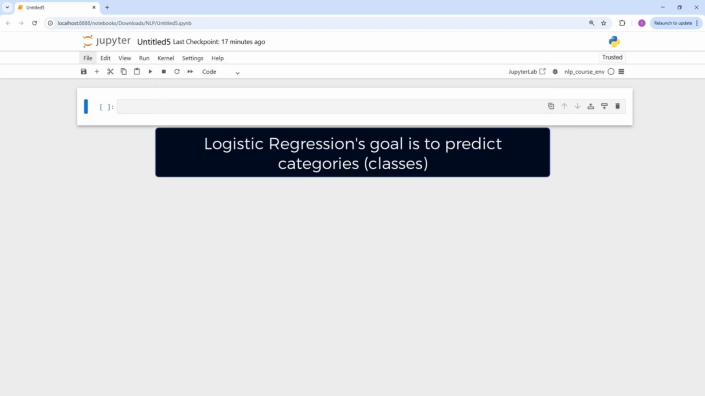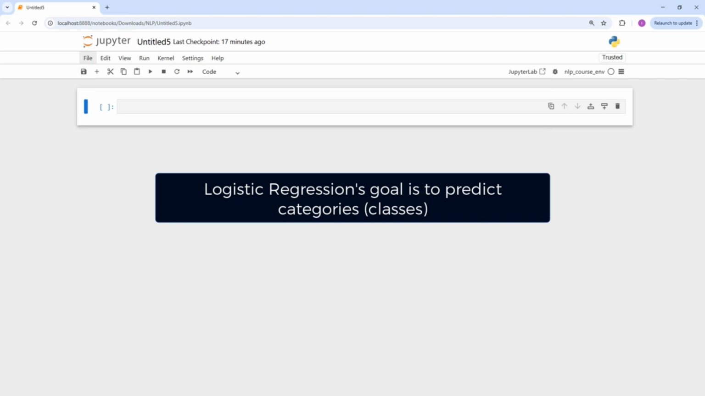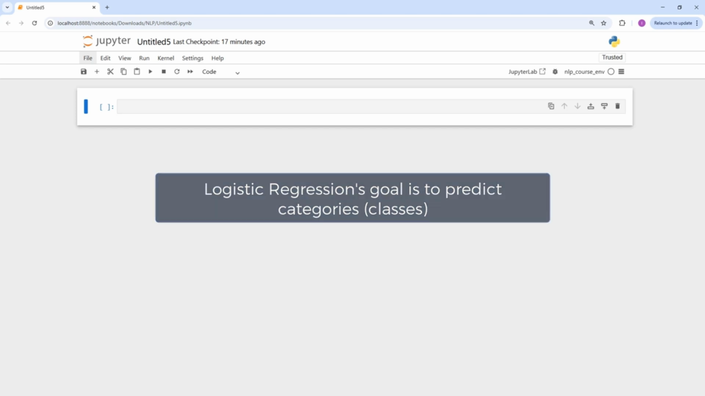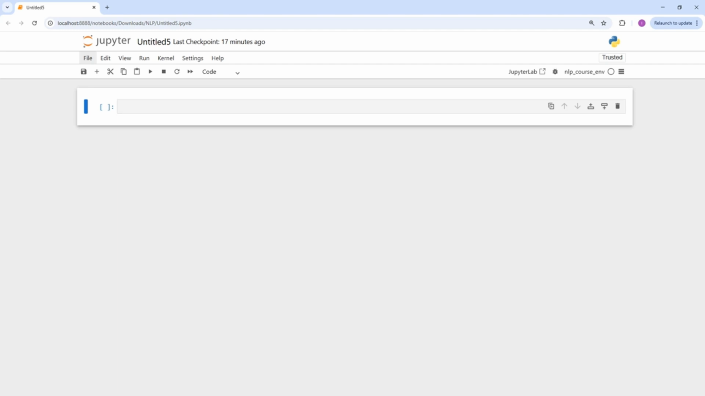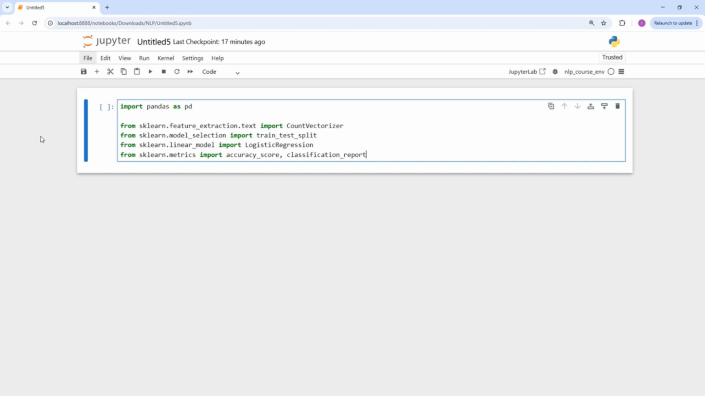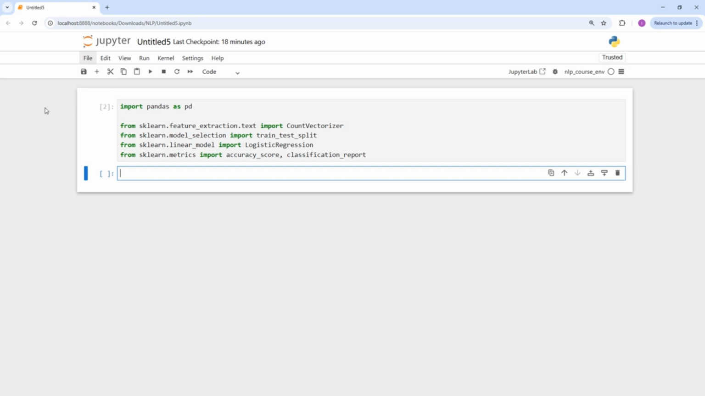Logistic regression is a strong starting point when building a text classifier. You can use it on its own or as a baseline model to compare against more complex approaches later. Let's begin by building a logistic regression model to classify our text data. To get started, we need to import a few Python packages. First, pandas will help us handle and organize the data. Then, from scikit-learn, we'll import only the specific tools we need: count vectorizer, train test split, logistic regression, accuracy score,